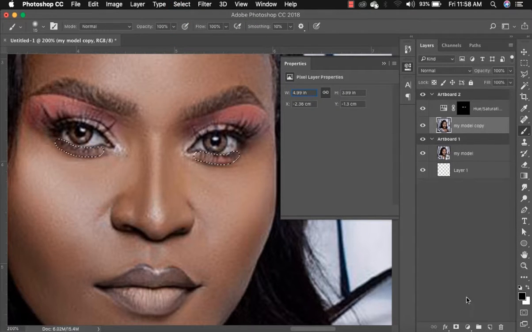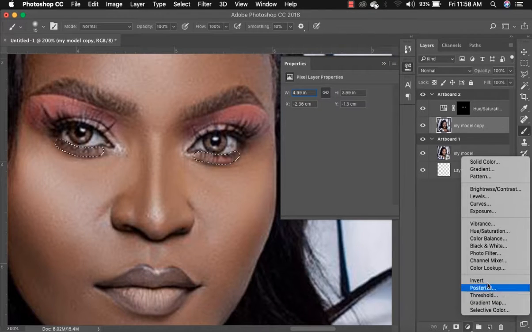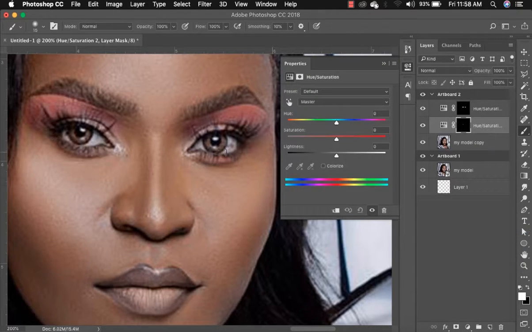go back to add another hue and saturation for that portion. You can see it affects the newly selected region only. So what color do you think I should give this? Let's just make the tone. Okay, so I like that tone, and I'm going to do another selection to the face,